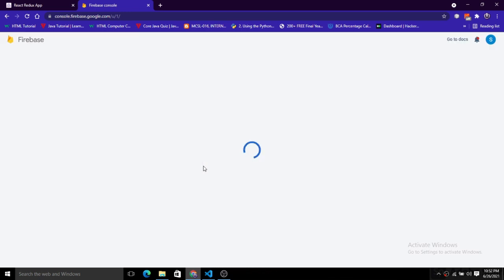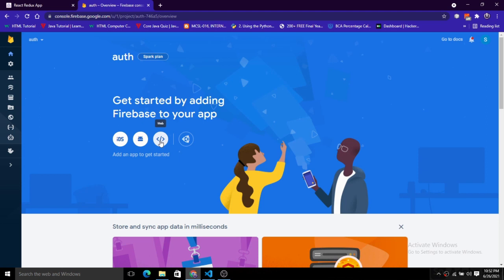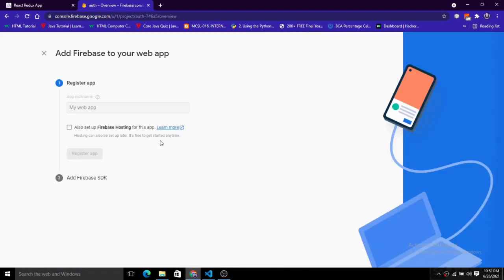Here we have created our project, and now you can see we have this auth project. We are just going to use the web app, so for that you need to register it. We'll register with this authentication, and if you want to deploy your project on Firebase, you can check this box for Firebase hosting, but we are not going to deploy, so I have unchecked that.